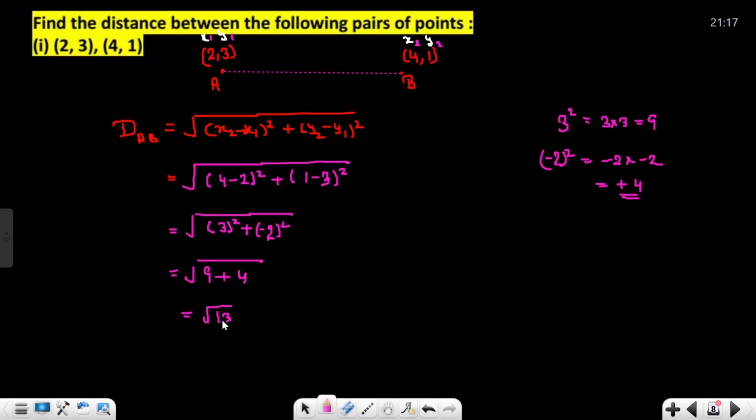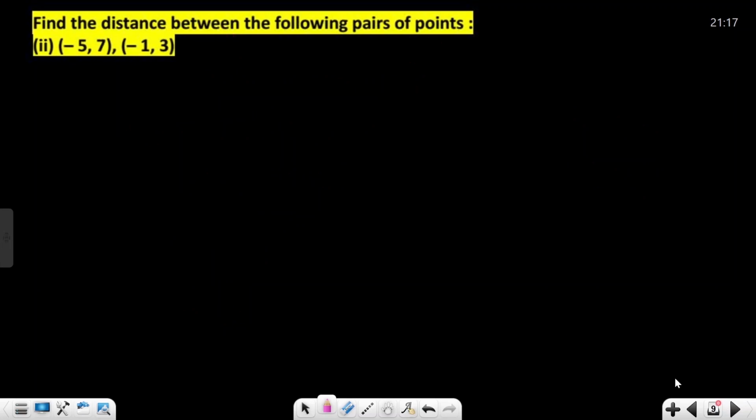Okay, I hope everyone understands. Let's move on to the second part of the question. Similarly, we solve this question. Okay, no need to make the line. If you make the line, it's good. If you give directly, suppose I solve this question, I give the solution and write here x1 y1 x2 y2. You can solve like this also. And if you make the line and a proper graph, it's a beautiful way of writing the solution.